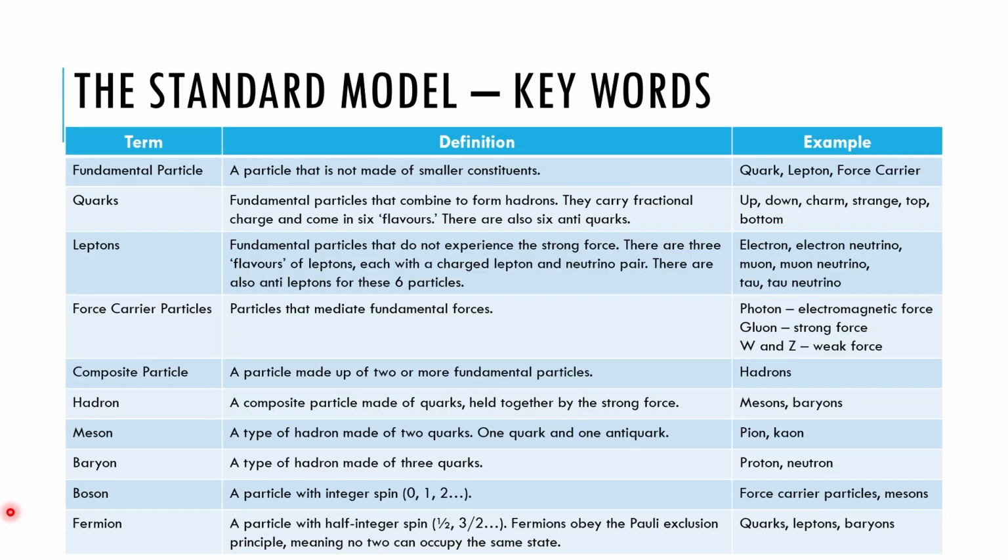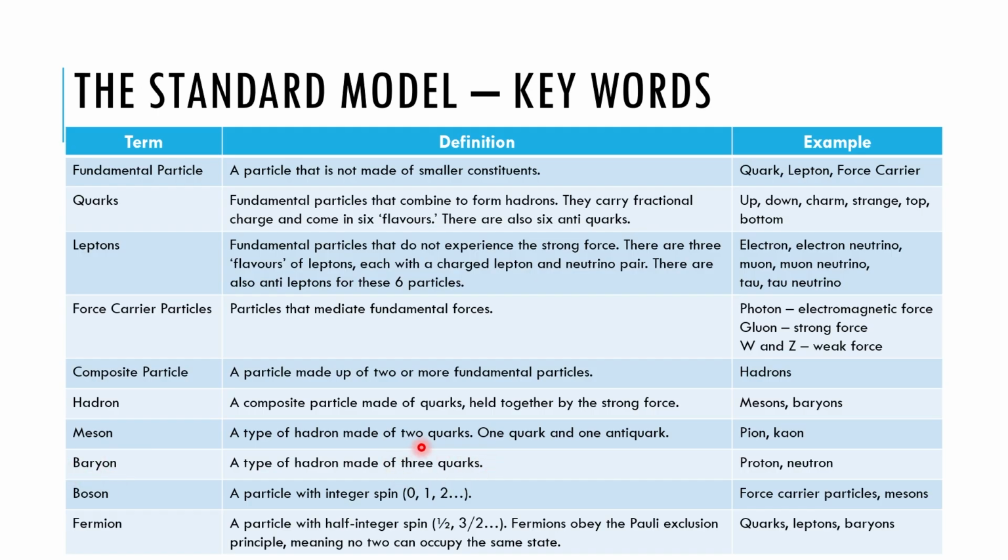So in introducing the standard model, we learnt about a whole bunch of different keywords. We learnt about fundamental particles first and foremost, and these included quarks and leptons. Quarks can combine to form composite particles, and leptons exist by themselves. The other fundamental particle is a force carrier particle which mediates fundamental forces, including the strong and weak force and the electromagnetic force. We then also started to talk about composite particles. Hadrons is the keyword that we use to describe a composite particle made from multiple quarks put together. We learnt that mesons were made from 2 quarks and baryons were made from 3 quarks.